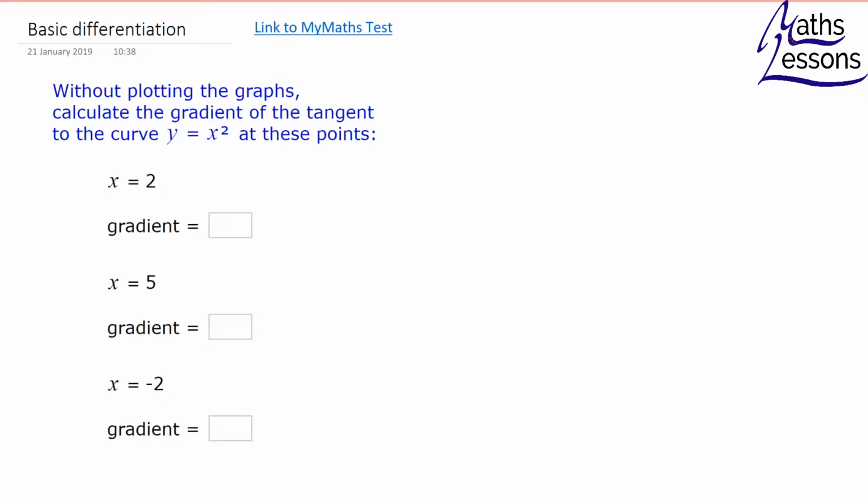This video is going to look at basic differentiation and how to differentiate different points and find the gradient function, and consequently the gradient at different values. So we know that to find the gradient of the tangent curve we need to differentiate to find the gradient function. So if we have y equals x squared, then the gradient function is given by dy by dx,